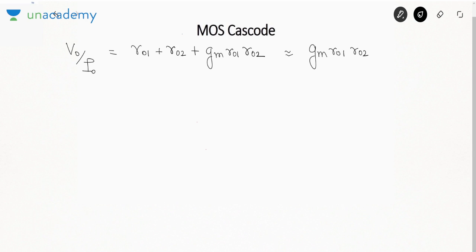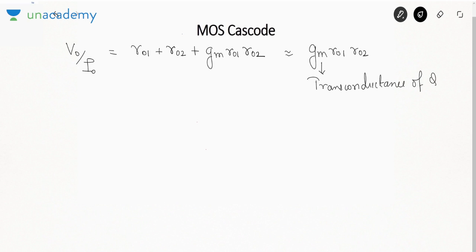Now if you take the ratio V naught by I naught, it will be R naught 1 plus R naught 2 plus GM R naught 1 R naught 2. So that is the overall output resistance, and its value comes out to be approximately GM R naught 1 R naught 2. Remember, this is the transconductance